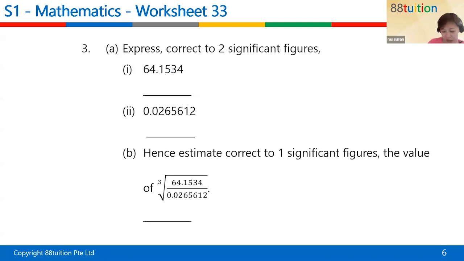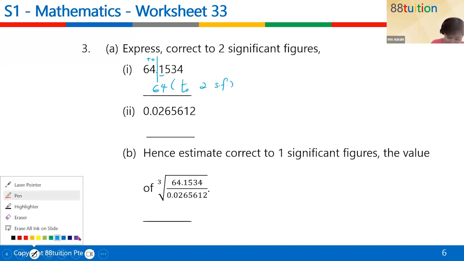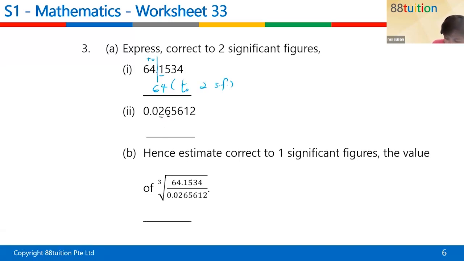So this one will be the second. 1, 2, draw a line. 64. And this one say 2 SF. Okay, but the second one, I have 1, 2. Now, 0.00 something. In front is called the